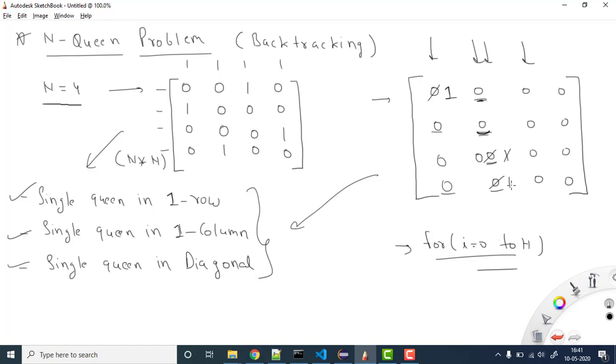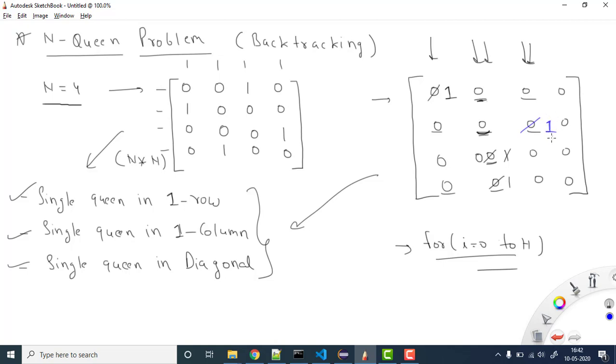Because now we have found the value in this case, I move further, right? I can check whether I can move to the further column. So now I am here again and I check, can I put the value here? No, I cannot put, because we already have 1. Now can I put the value at this place? Yes, here it looks fine, because in this row we don't have any value, in this diagonal also we don't have any value, and in this diagonal also we don't have any value, right? So here I can put the value. Now rather than this 0, we have the 1 here, right?